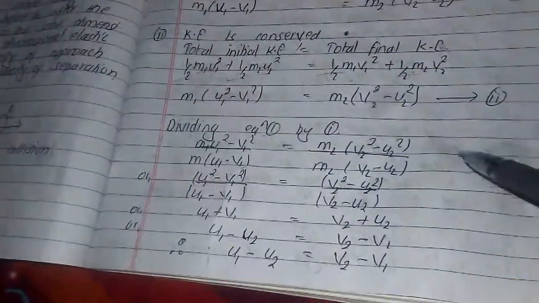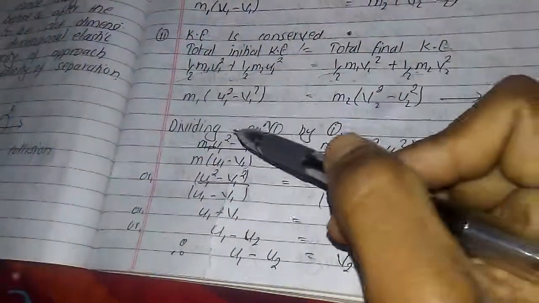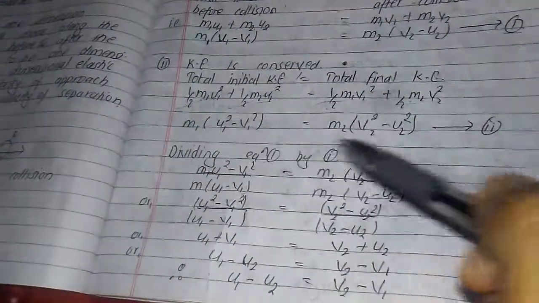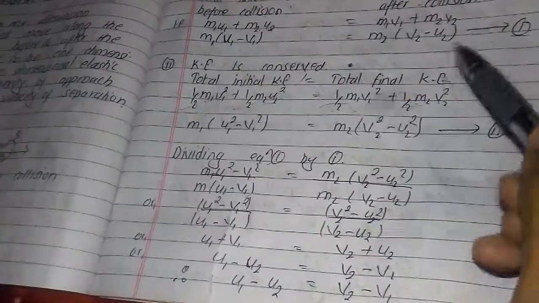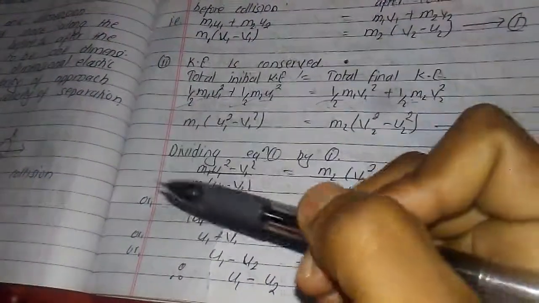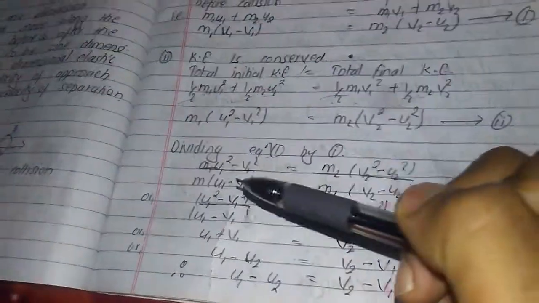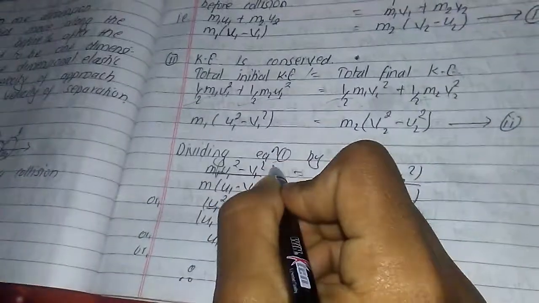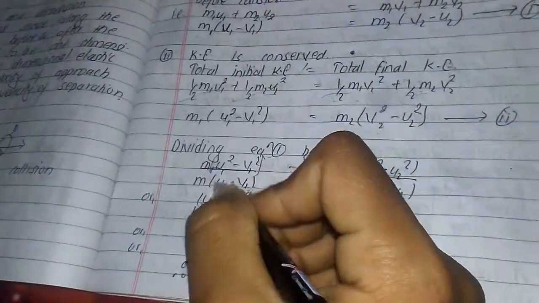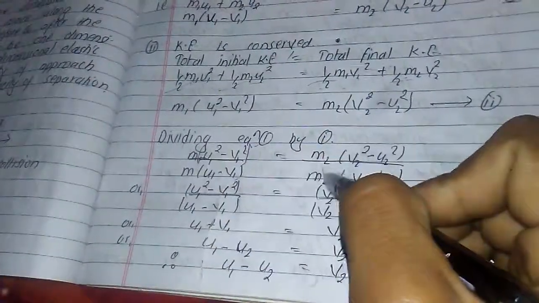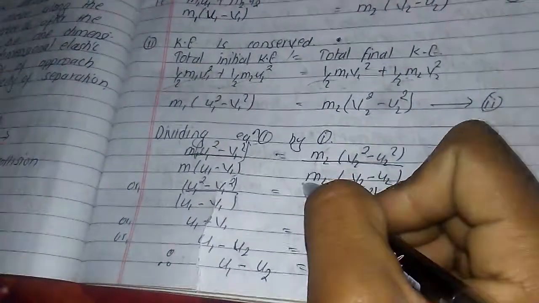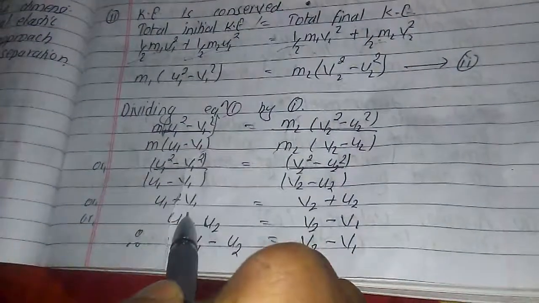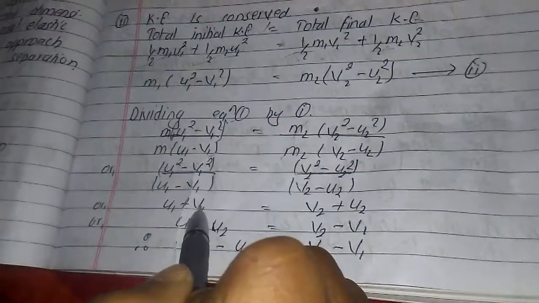Now this is the main part of the calculation. We should divide equation second by equation first. Dividing this equation by this equation, we get m1 (u1 square minus v1 square) in brackets, and dividing, m and m are cancelled, and this remains. Now u1 plus v1 this becomes,